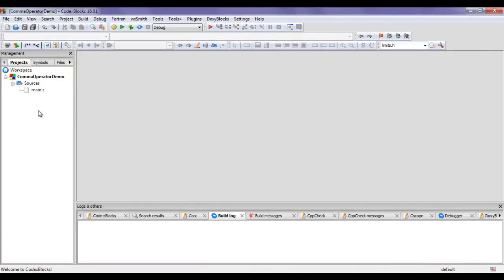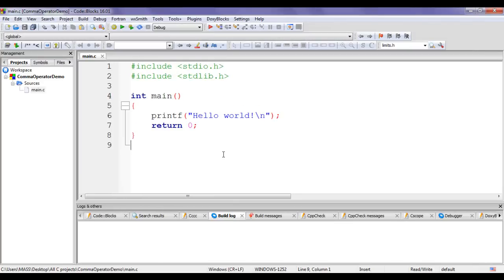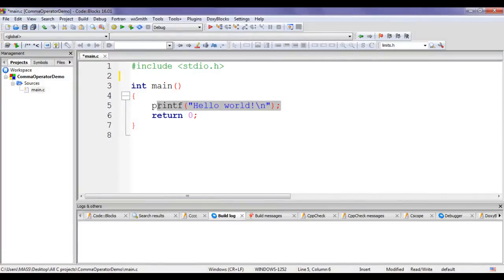I click on the plus sign. I double click on main.c to open it. You can see that main.c file is open. I'm going to delete this line of code which is not necessary. Here I'm going to create three variables a, b, c of type integer and I put the initial value 0 inside them. I say int a = 0, b = 0, c = 0;